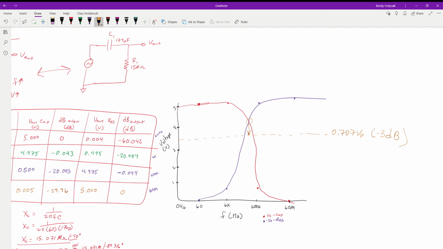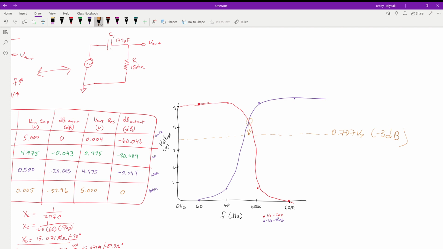So if you look, underneath this 0.707 volt on our purple line, we see this really sharp steep angle, and then it really quickly levels off. So what this is doing is, when we have the output taken across our resistor, we are allowing higher than the 0.707 volts of our max voltage. So anything higher than 3.5 volts, we want to allow through without changing the signal at all.